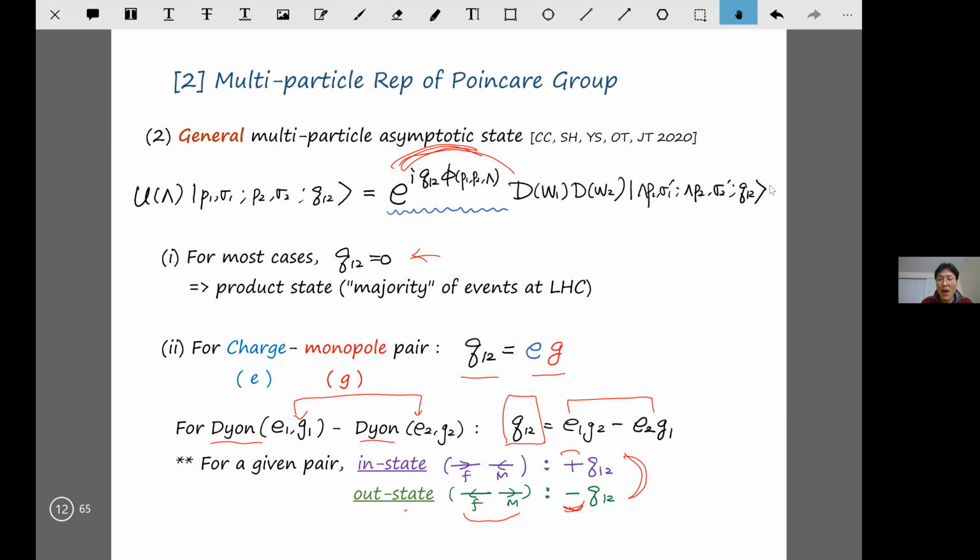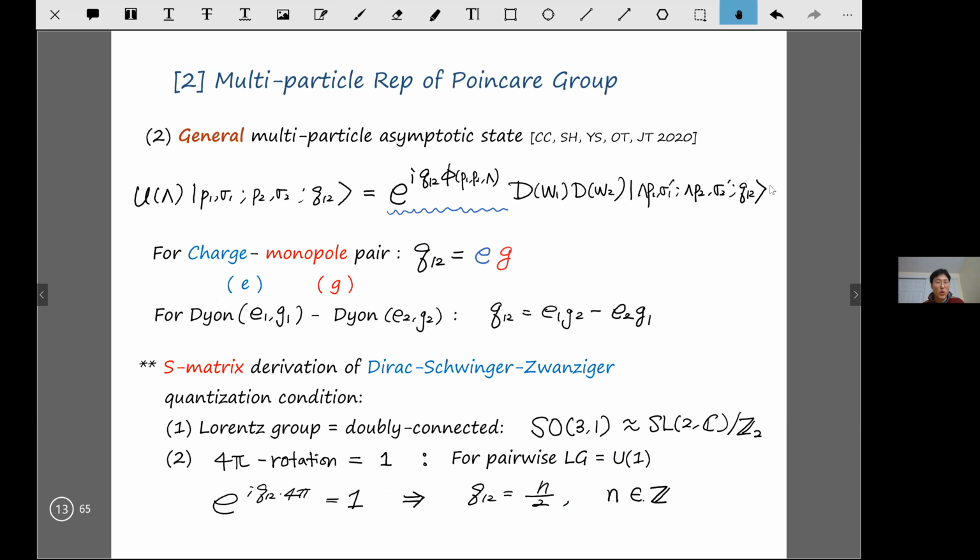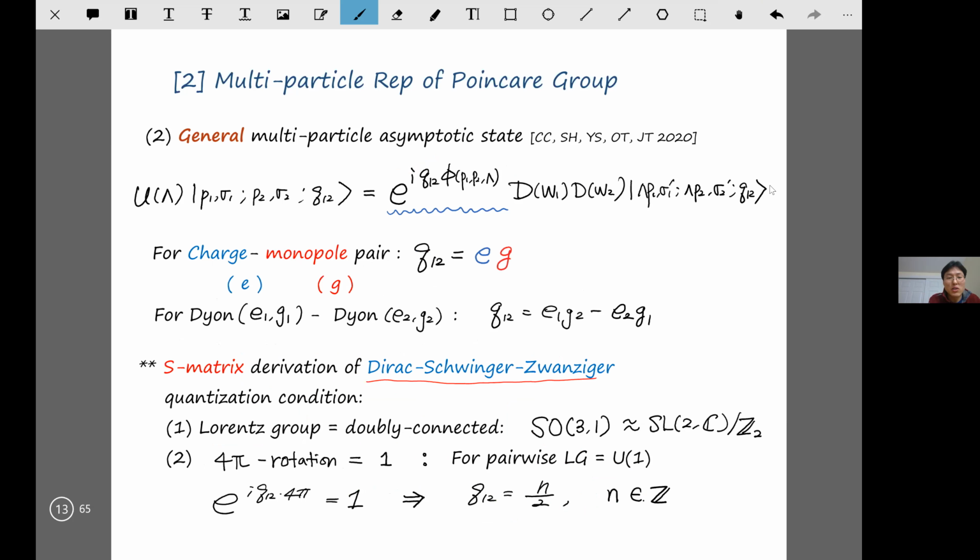Okay, now this gives us another cool demonstration. This realization of the more general representation theory lets us now derive what's known as the Dirac-Schwinger-Zwanziger quantization condition, or if you're more familiar, the Dirac quantization condition. Like I argued, for a dion-dion pair, the relevant Q12 pairwise helicity is a cross product of the charge vectors. In order to derive the Dirac quantization condition, or Dirac-Schwinger-Zwanziger quantization condition, we just note first that the Lorentz group